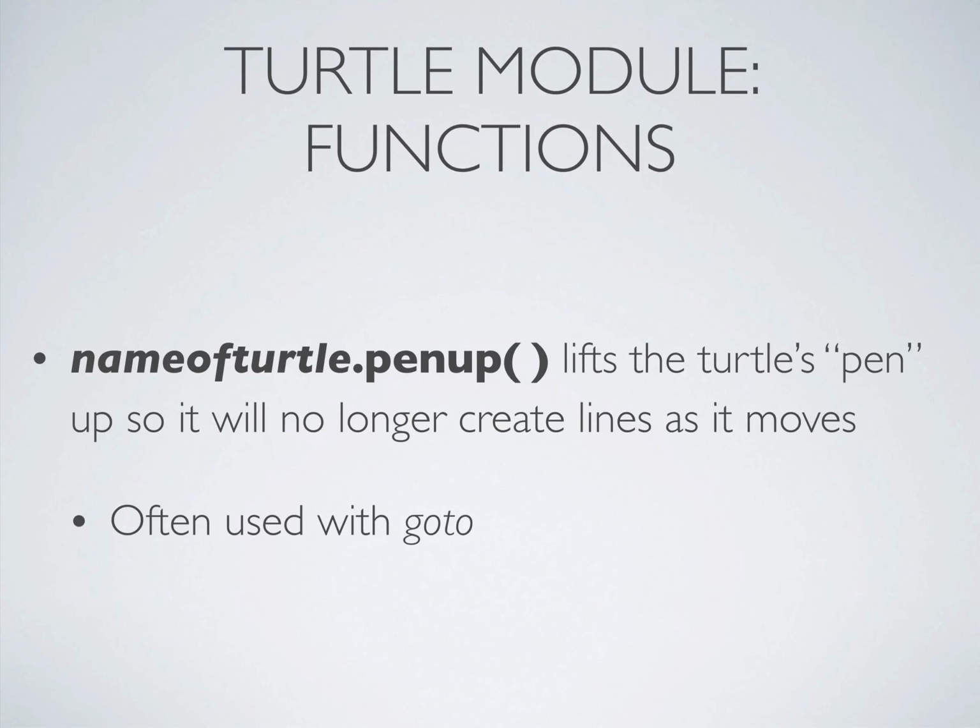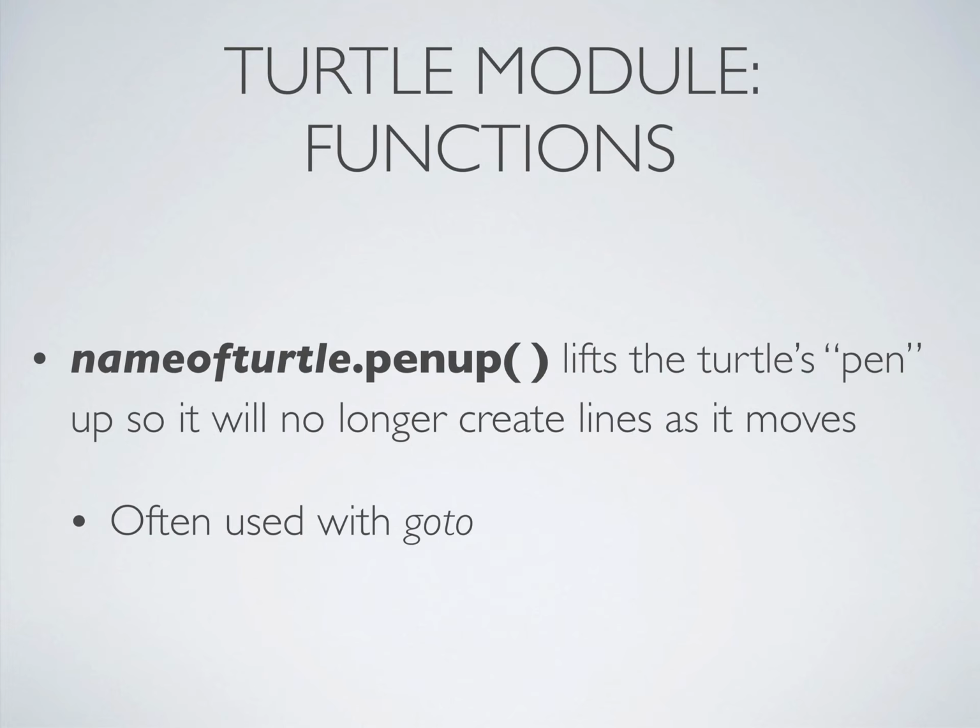Alright, couple more cool things you can do with Turtle. So you want to imagine your turtle as it's moving around. It has a pen sort of attached to it, and if you tell the turtle to move forward, backward, whatever, or go to a specific coordinate, by default that pen is going to be uncapped. It's going to be pointing down on the paper. So if you tell it to move, it will draw a line. Now, if you want it to move without drawing a line, you can tell it, hey, pick your pen up. And the way you do that is you name a turtle dot pen up, and this will lift up the